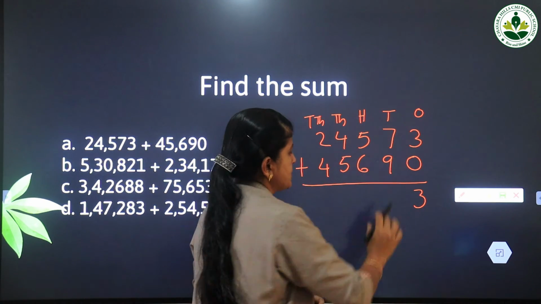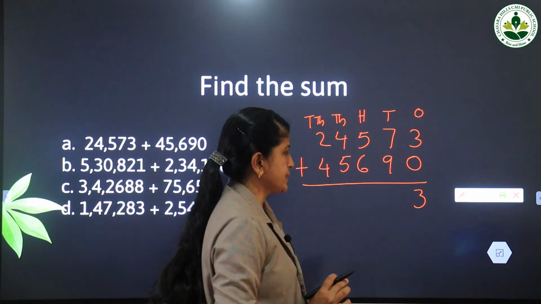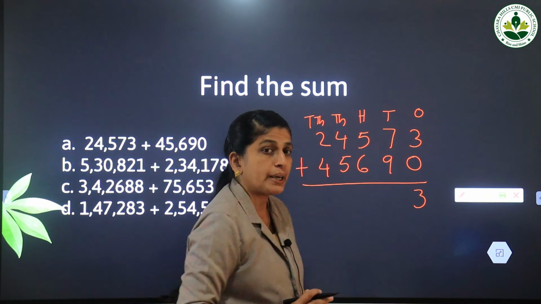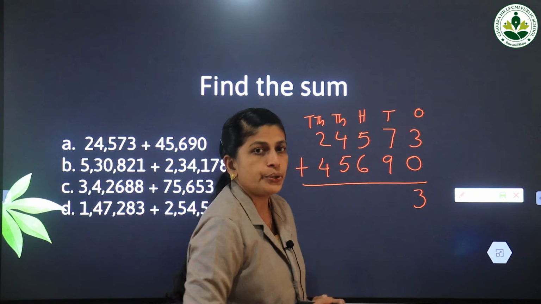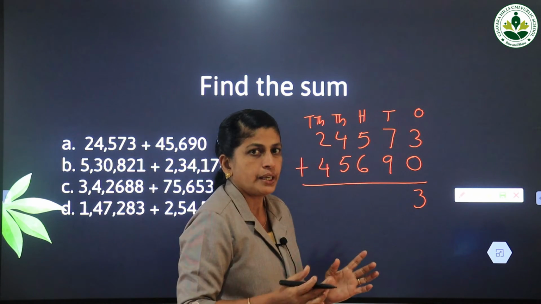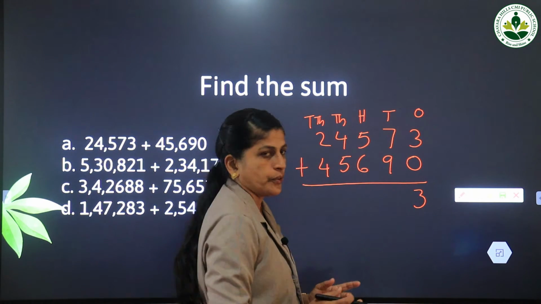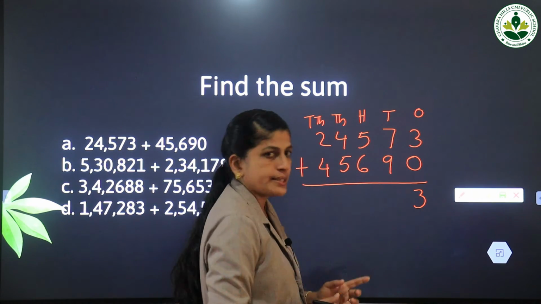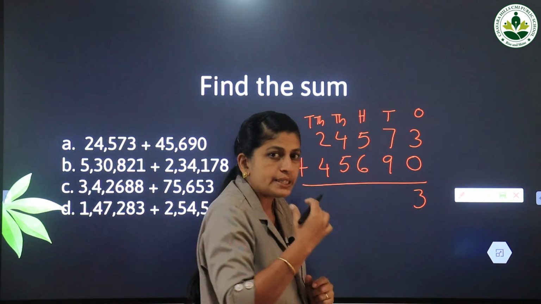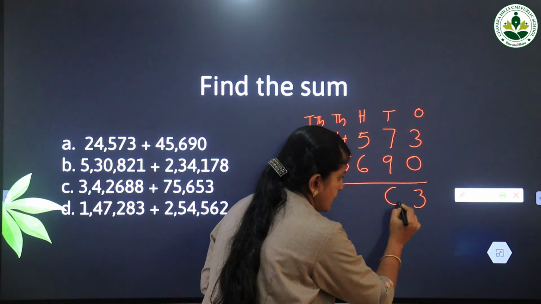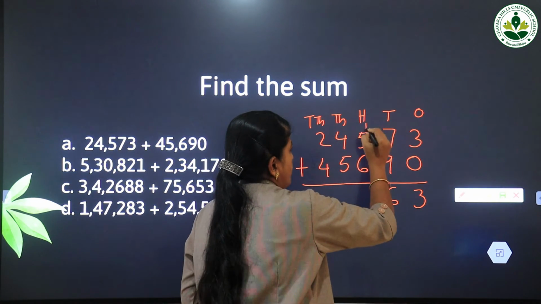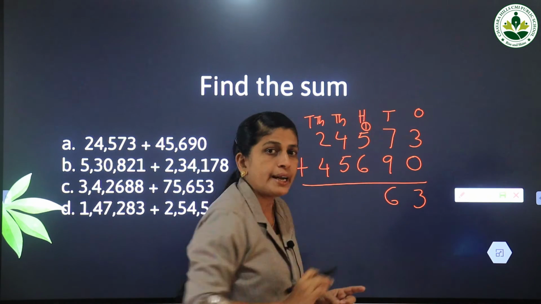Then next is to add the 10's place digits. 9 and 7. 9 plus 7 is? Do you remember the addition table? It's better if you use the addition table for the addition. When you add, if you use the table, it's easy for you. Therefore, start studying the addition table. So 9 plus 7 is 16. And which digit do we have to write here? The ones place digit 6 we need to write, and one remainder is there. That remainder we should write on top of the hundreds place digit.